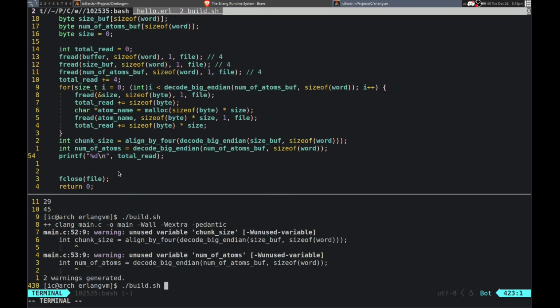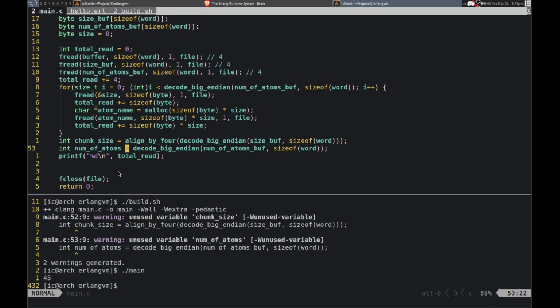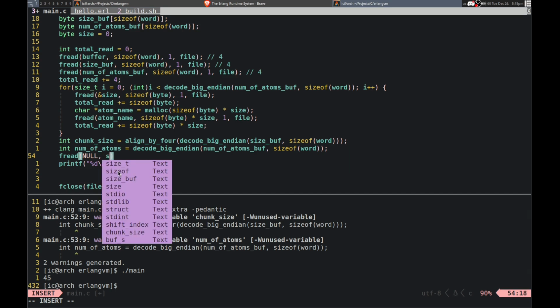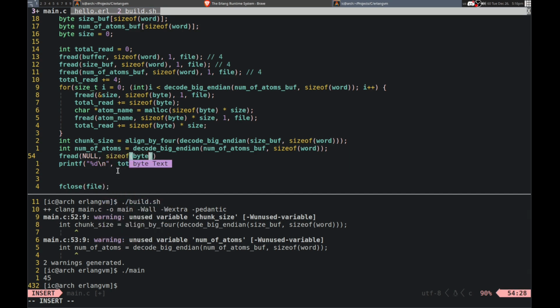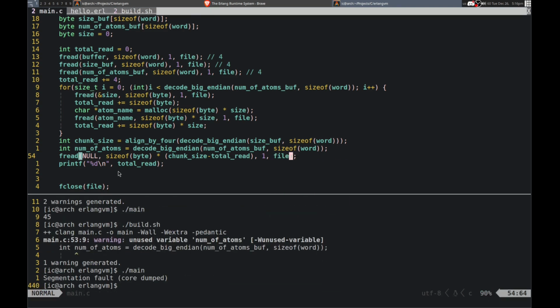Okay. And then we need to just read the extra amount. So if we read into just no, can we do that? I don't know if that's a thing. Basically the size of byte times, let's see, chunk size minus total read. 1 and 5. Will that work? It's a segfault, so yeah, I did not think so, but we cannot do that.